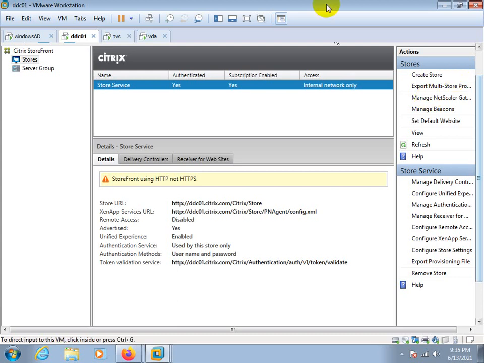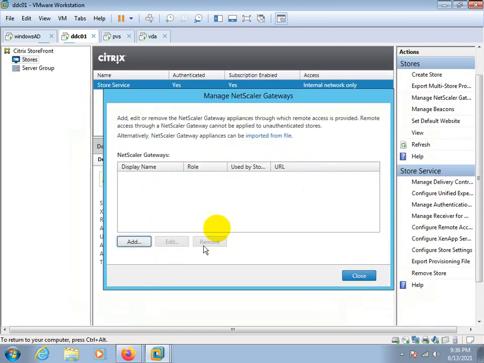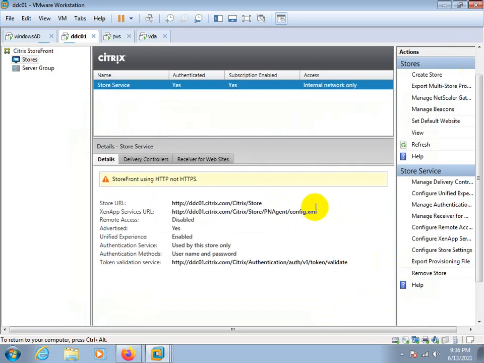So suppose I have created a Netscaler, and on the Netscaler I have created a website ABC. So that is not the real website. But here, while I'm managing this, I need to add the Netscaler gateway IP here, the URL, and the name of the Netscaler, so that it can connect with the Netscaler authentication. So whenever a user comes from the outside, it hits the Netscaler first, and Netscaler redirects the user to our storefront URL.